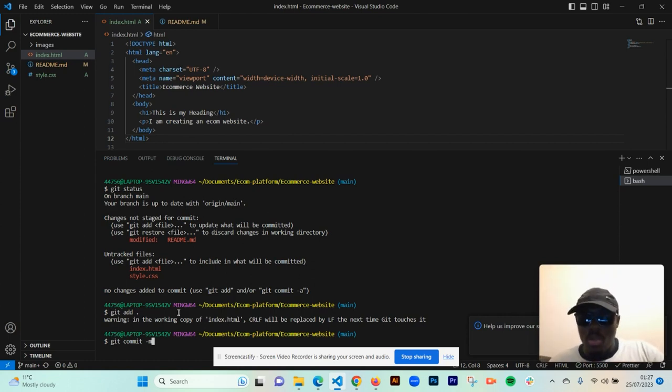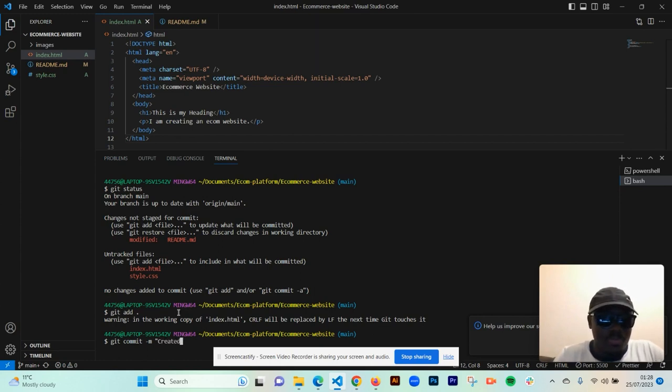Okay, and then I'll put a space and in quotes, I'm going to put two separate messages. Okay, when you're doing the commit, there is a headline, there is a title, sorry, a title and a description. The title will be in the first quote. The description will be in the second quote. The first quote where the title will be is basically what you give your changes, the changes that you've made, give it a title. What have you done? So in the for these changes, I will just simply say